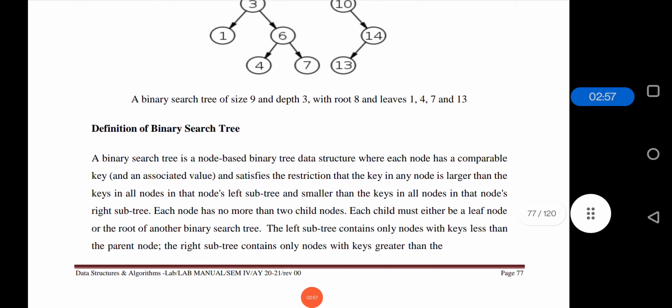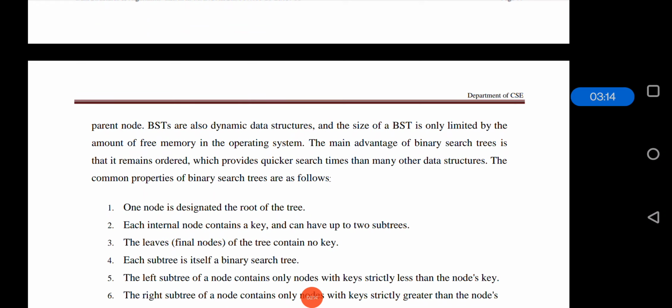So the binary search tree is a node-based binary data structure in which we compare keys so that we can find the left and right child nodes, or the subtrees. The properties are: one node is designated as the root of the tree, which is applicable for every tree. Each internal node contains a key.